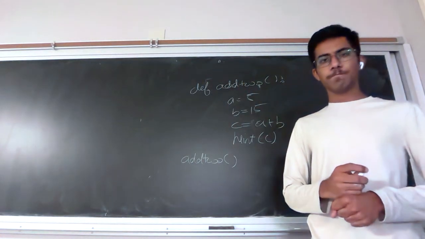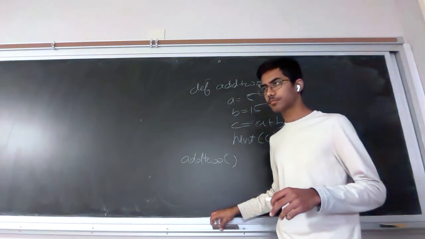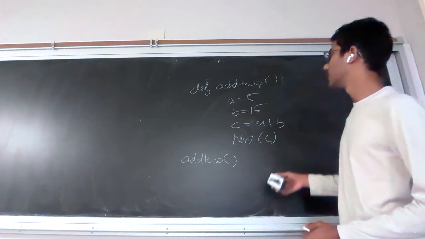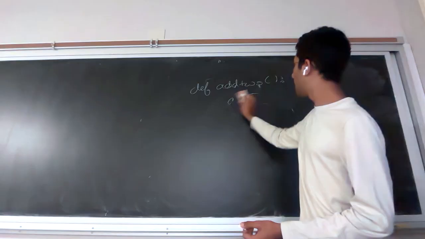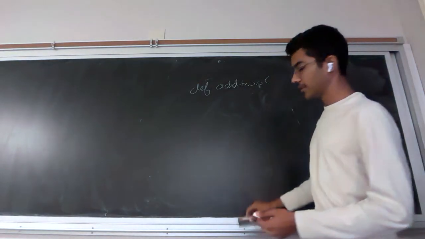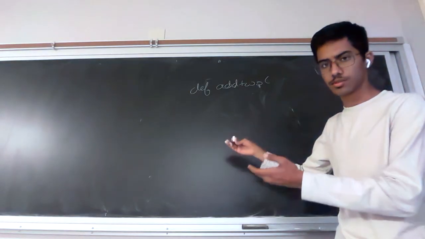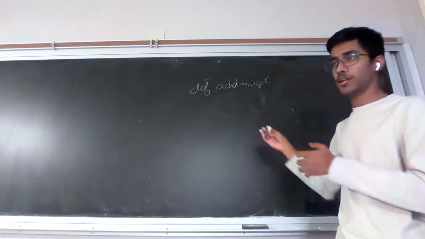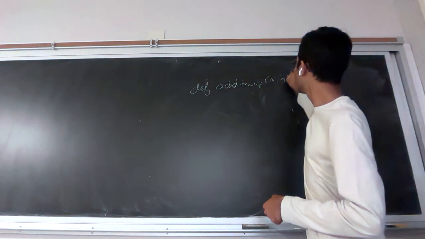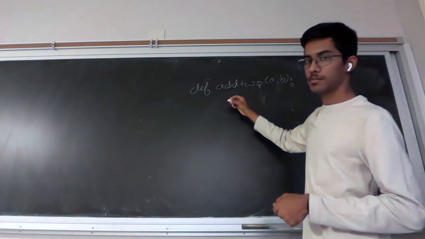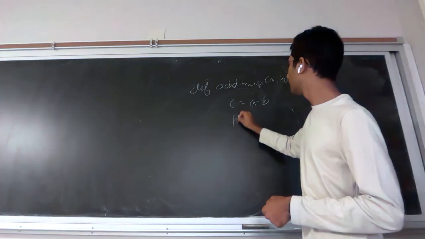But let's say I do not know what the numbers are. Let's say I want the numbers to be accepted from the user. Well, the way I would do that is I would go to these parentheses there and mention parameters, which are essentially the values being sent into, the values being received by this function. So let me write a comma b, and then in my function write c is equal to a plus b,